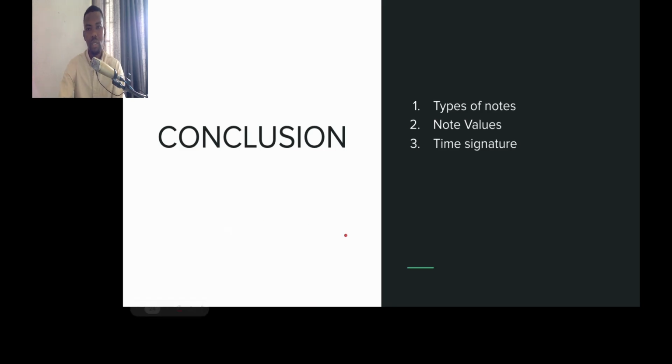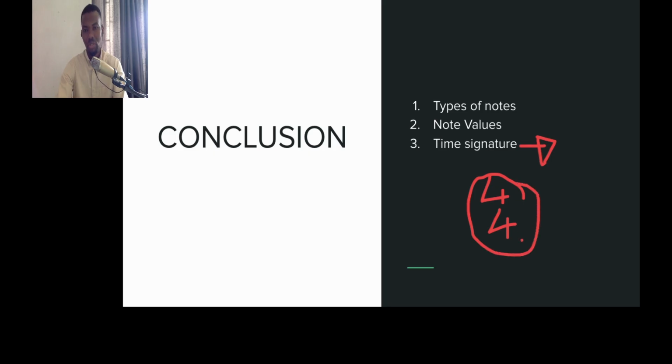So I then went on to discuss time signature. Time signature is just an instruction to tell us how many of these notes you find in a bar. And I explained that 4/4 is called common time, right? It simply means the numerator tells us the number of notes in a bar, while the denominator tells us the value, the type of notes we'll find. So this right here means we'll find 4 quarter notes or 4 crotchets in a